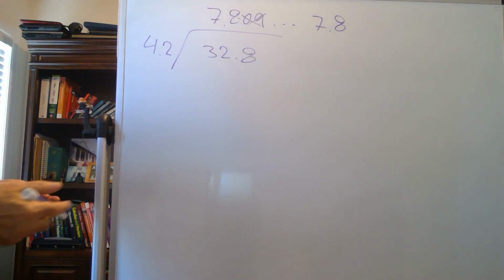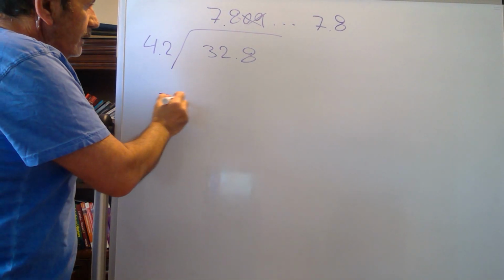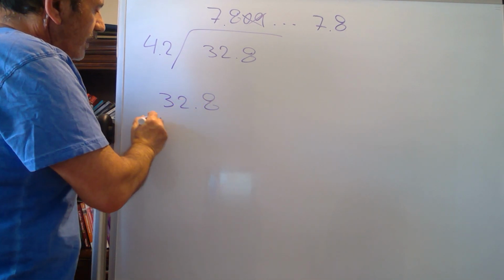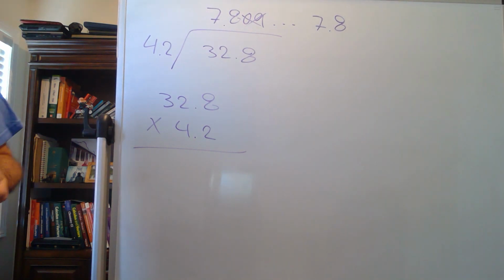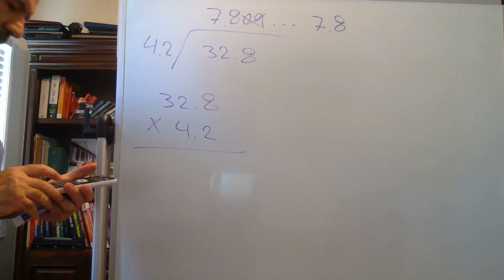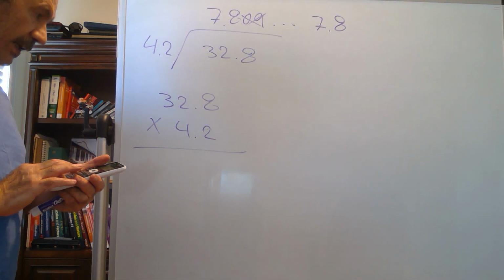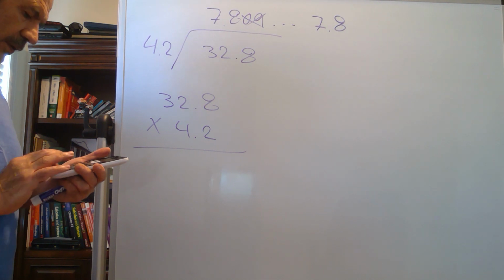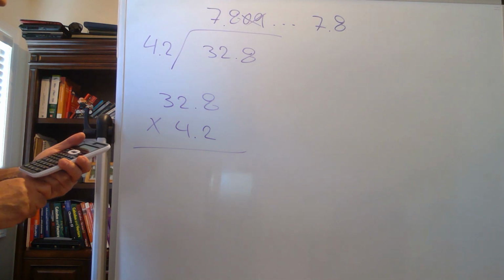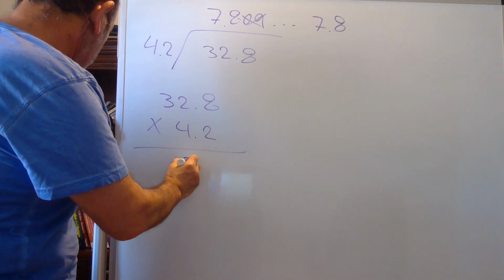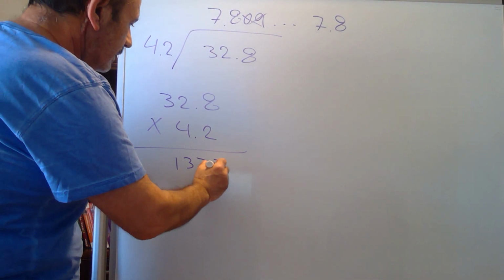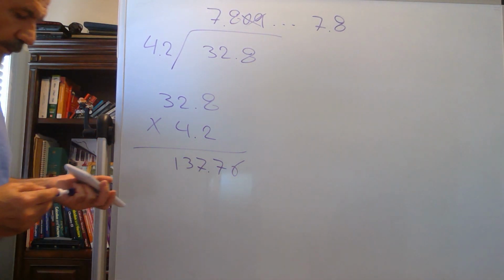The same thing in multiplication. If I multiply 32.8 multiplied by 4.2, the result of this multiplication is going to be 137.76. Now,